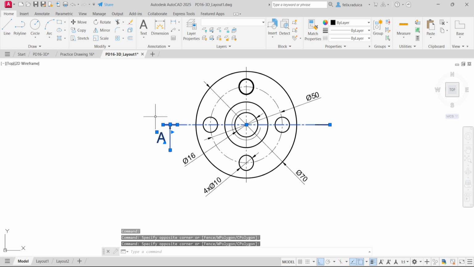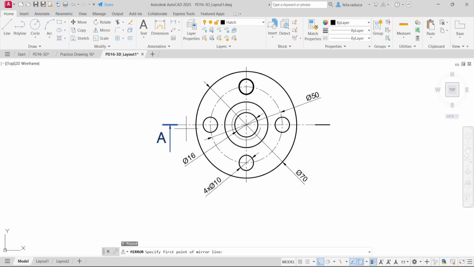And now we can select this without the axis and copy it, or we can select it and mirror it. Let's see. Mirror it based on this axis from here to here. And we have our trace,